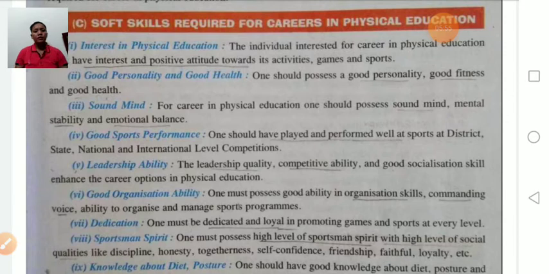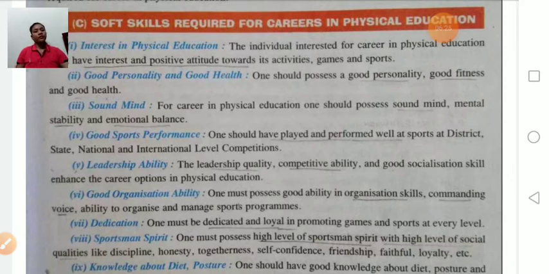First thing is, for choosing a career in physical education, you should have interest and positive attitude towards its activity, games and sports. Second is good personality and good health. You should have a good personality, good physical fitness, good health,